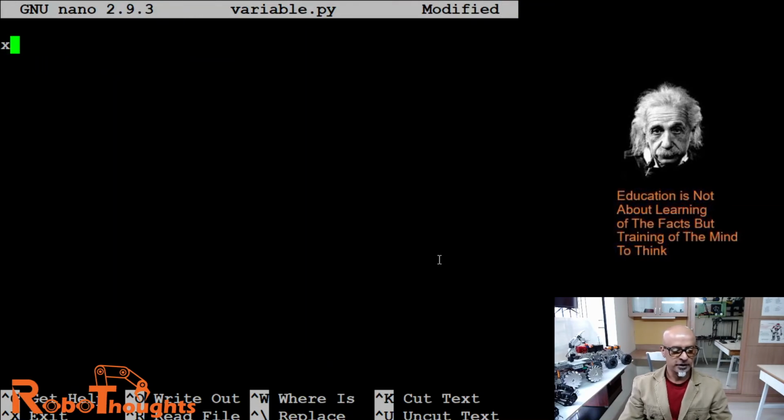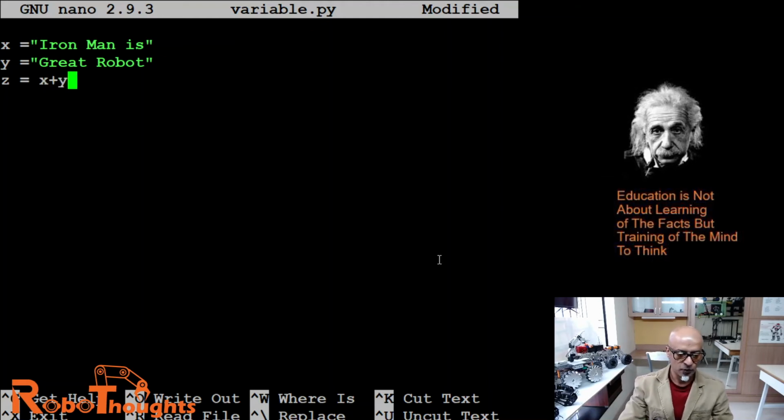Now let's say x equal to "Iron Man is" in double quotes. y equal to, say, "great robot". Now z equal to, let's say, x plus y.